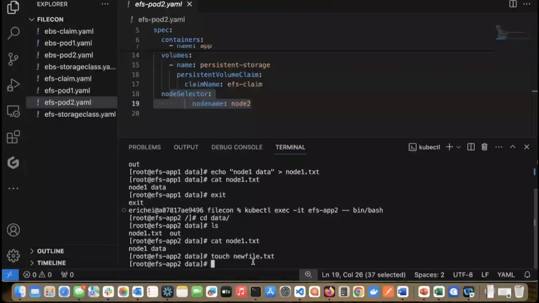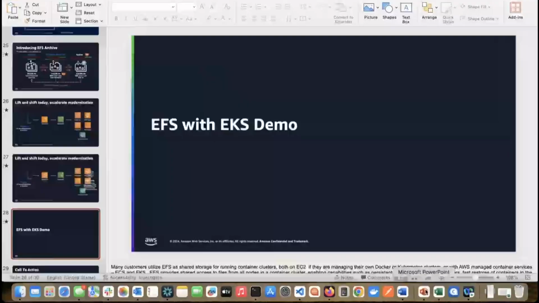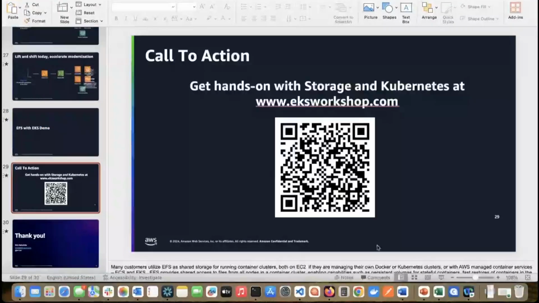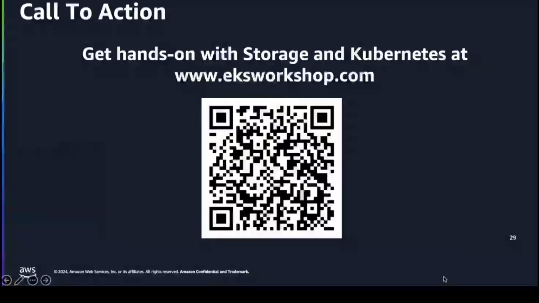I think this is a real simple example. Obviously, there's a lot of more sophisticated use cases that we could demonstrate with machine learning workloads and analytics and other tools that customers are using all the time to be able to do these things in Kubernetes and in EKS. But I wanted to just finish up today by inviting you, if you would like to have a hands-on experience and play with some